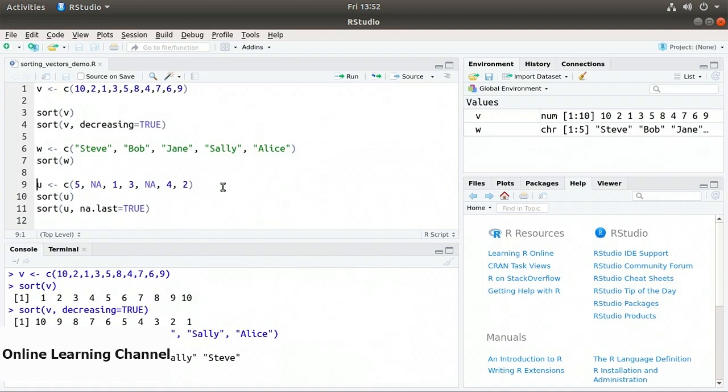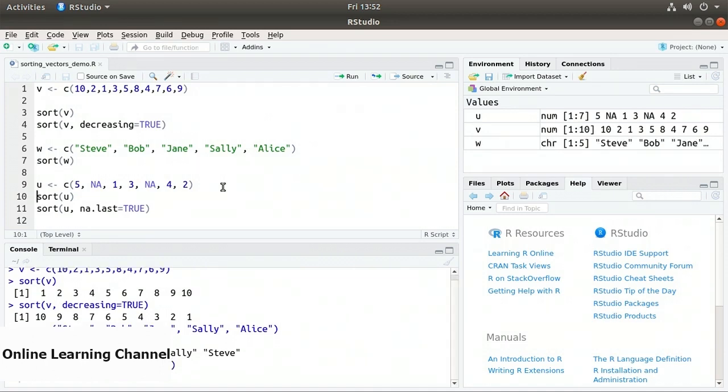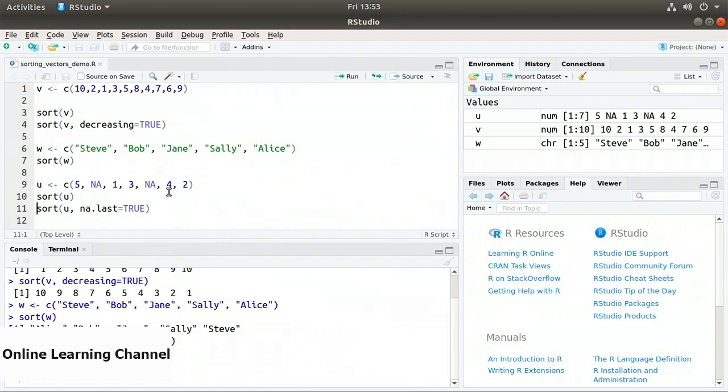Now there are a few other things we can do with sort. One of them is to handle NA values. I create a vector u set to c with the arguments 5, NA, 1, 3, NA, 4, 2. Now if I sort the vector u, it just gives me the vector with the values 1, 2, 3, 4, 5. It just discards the NA values,